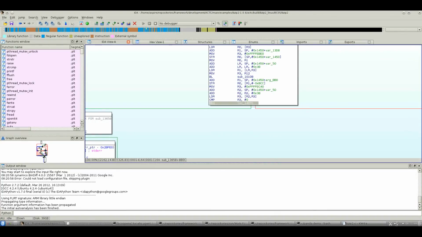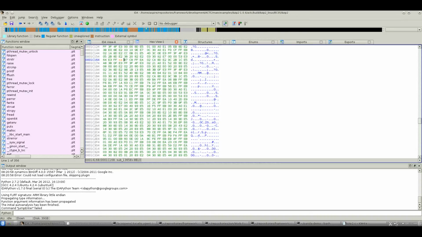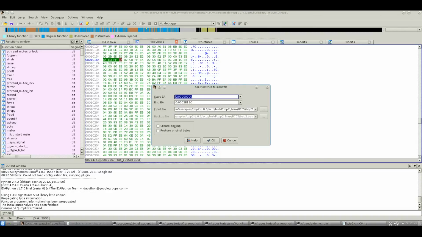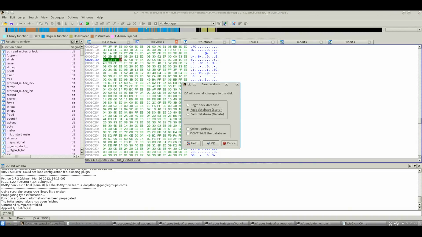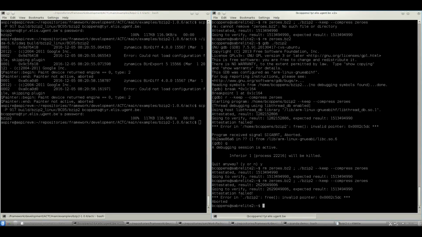Now we're going to open the hex viewer. We see the branch here, and we replace the 0A, which is the opcode of jump if equal. We're going to replace it by EA, which is the opcode of jump always. Then we apply the changes. We're going to write the changes to disk. Then we close IDA Pro. Then we copy the newly edited file to the board, and if we execute it there, you see that it